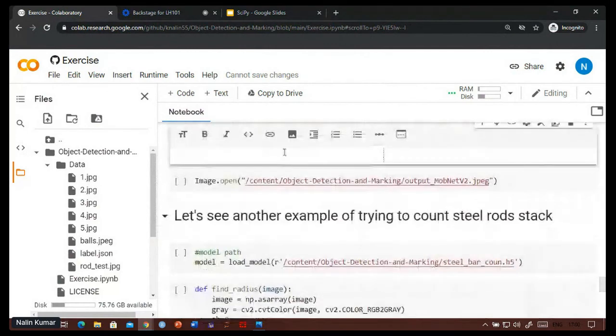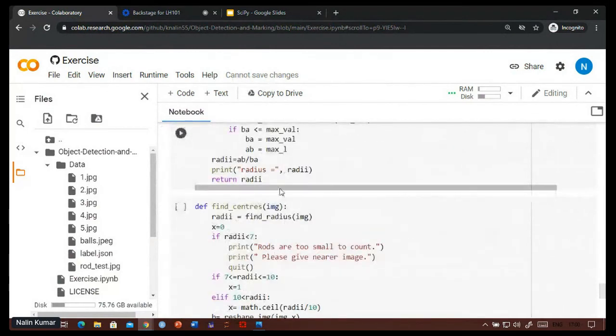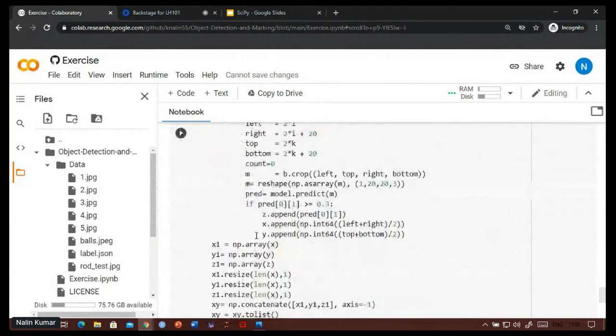I guess we won't be able to run the second one because the first one is itself taking a lot of time.